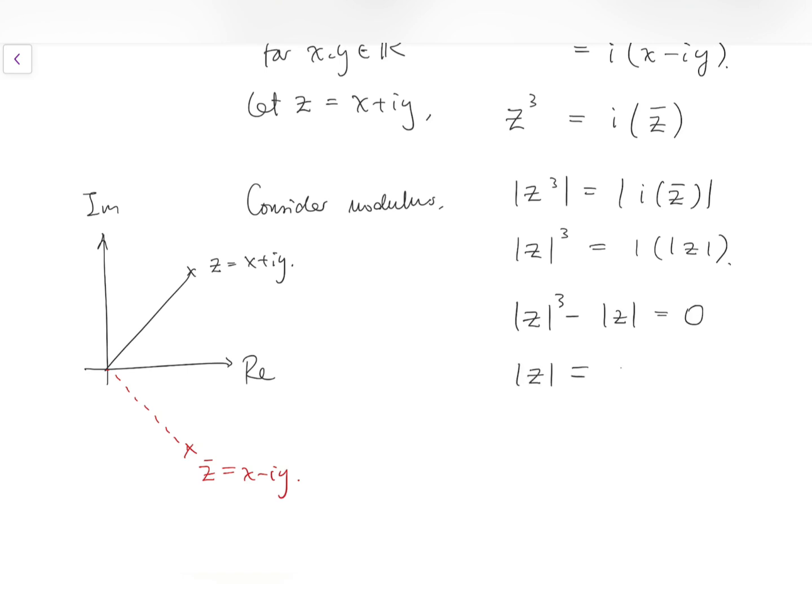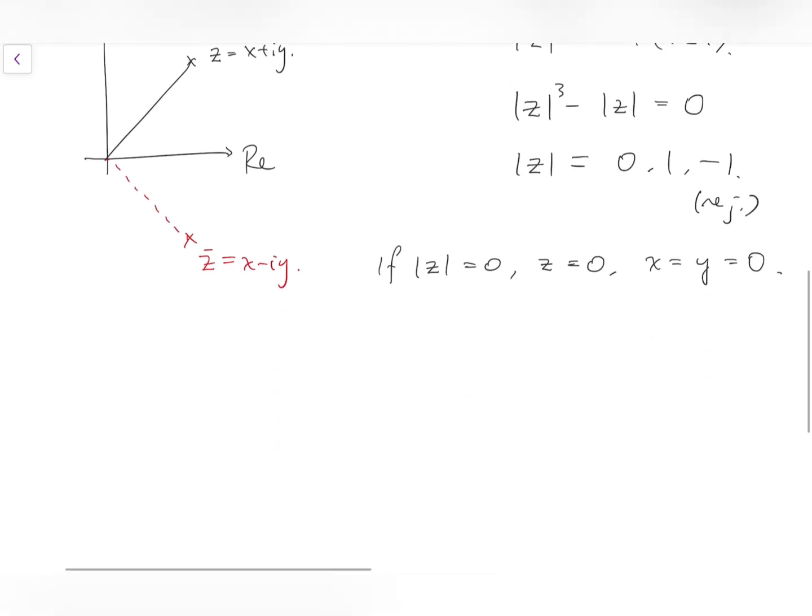And this modulus is either 0, 1, or minus 1. But of course, it can't be minus 1 because it's about a distance. If the distance is 0, then it's just overlapping with the point, but it just can't be negative. So the two cases are either the modulus is 0, that means z equals 0, which means x and y are both 0. And otherwise,